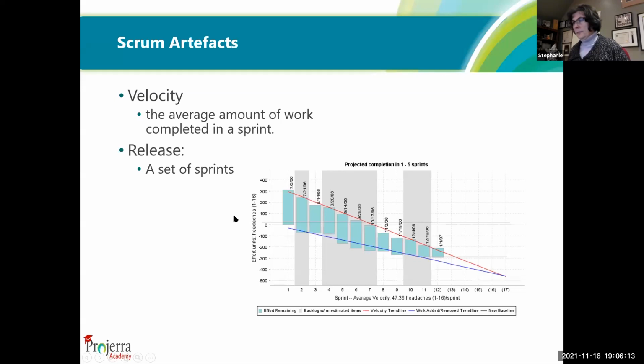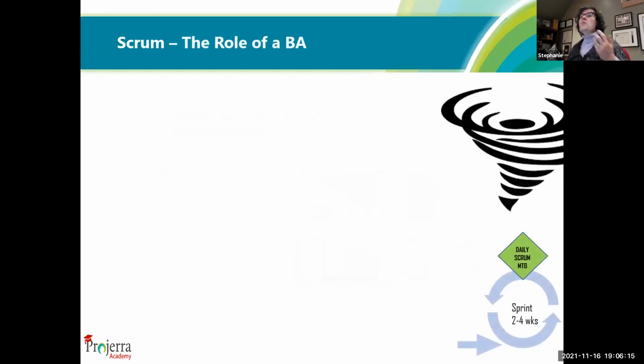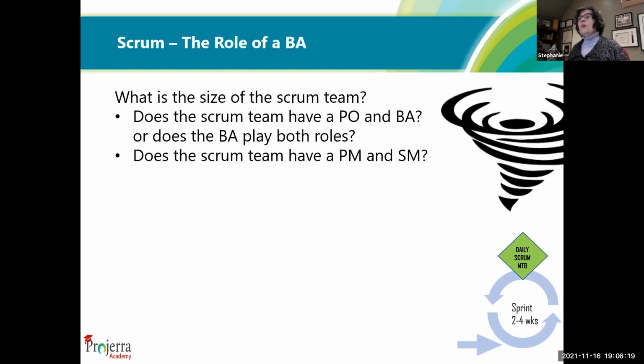Okay, moving on. So what is the role of a BA in a Scrum team? It really depends upon the size of the Scrum team. I worked on a Scrum team where there were 3 of us. There was me as a BA, there was somebody doing database work and somebody doing ETL. I worked on BI projects.